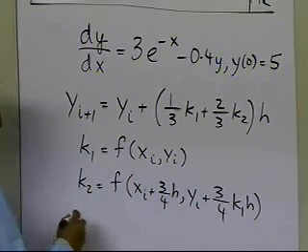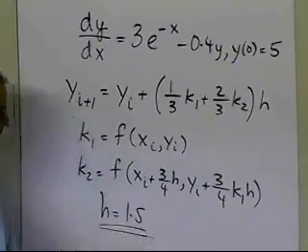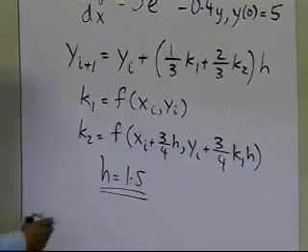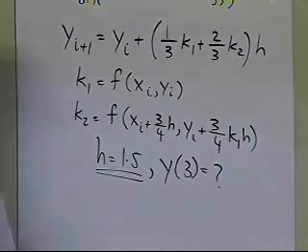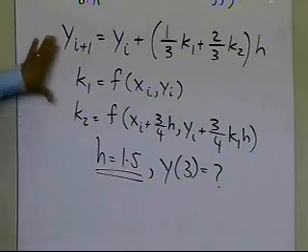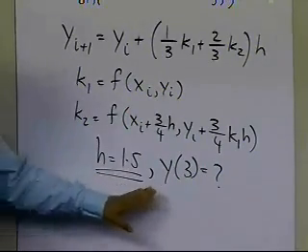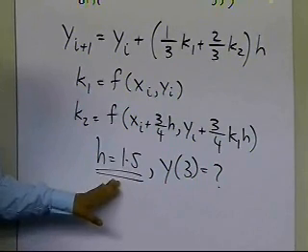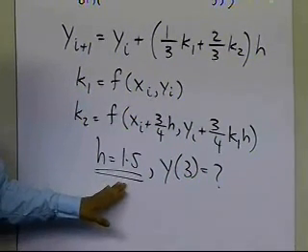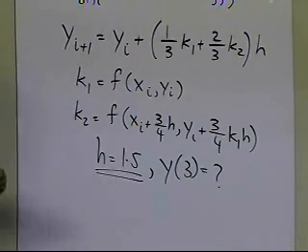And we're going to assume that h is equal to 1.5 for this example. What we want to do is find out what y at 3 is. So that's the complete description of the problem, except for these formulas which I just showed for review: you're using a step size of 1.5 and you want to find out what the value of y at 3 is. That means you're going to take two steps, because the first step will give you the value of y at 1.5, and the second step will give you the value at 3, because we are starting from x equal to 0.